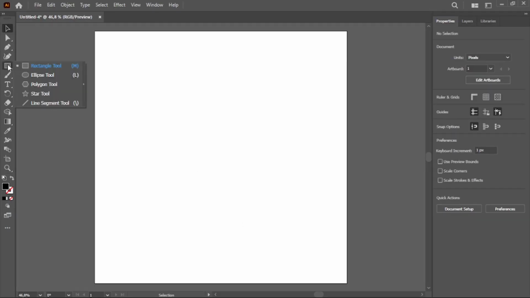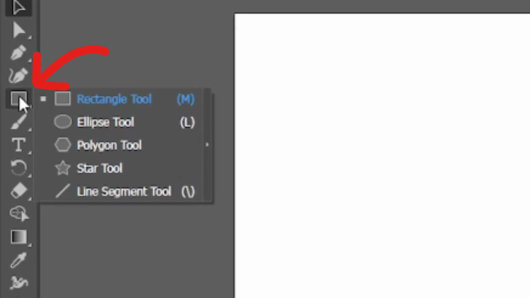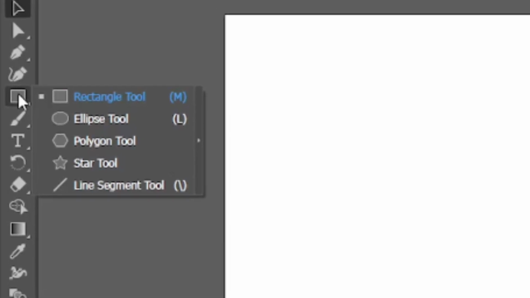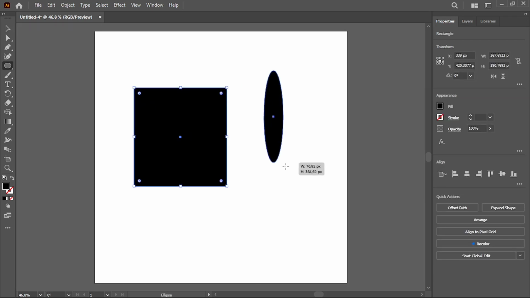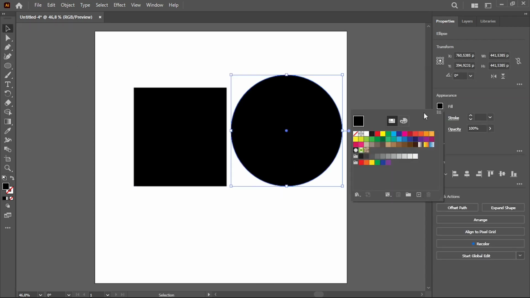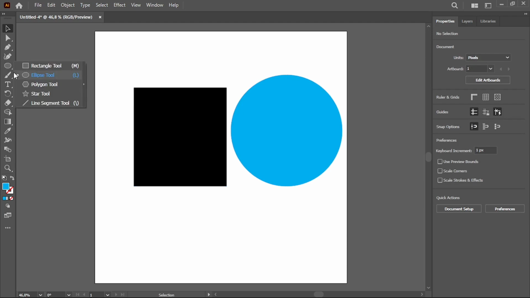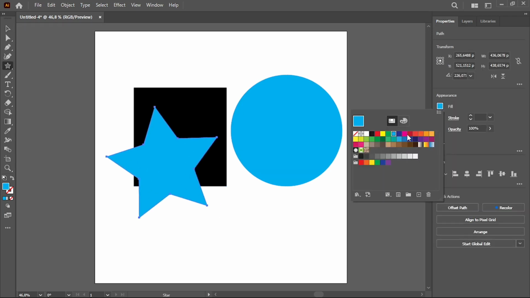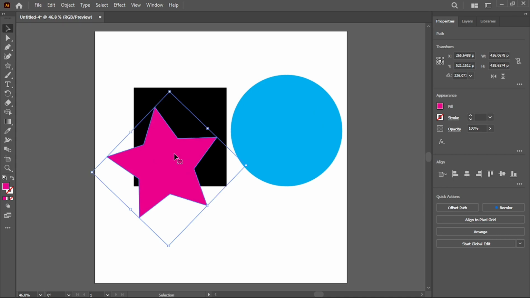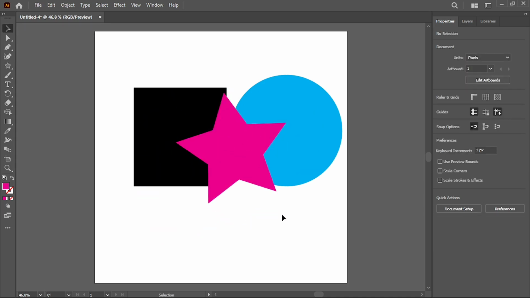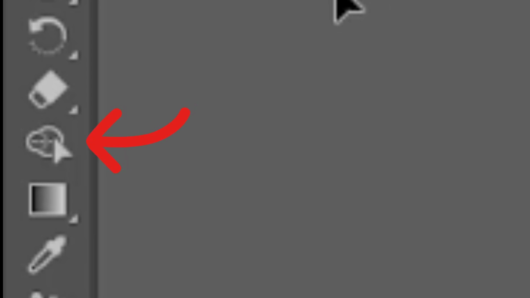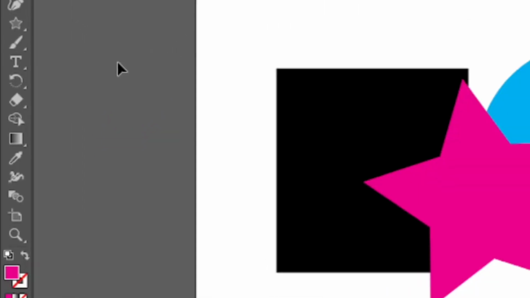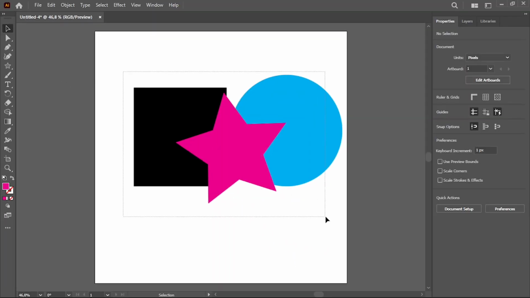The Shape tool is used to create figures from which we can make compositions. The Shape Builder is used to combine shapes or erase parts of simpler shapes.